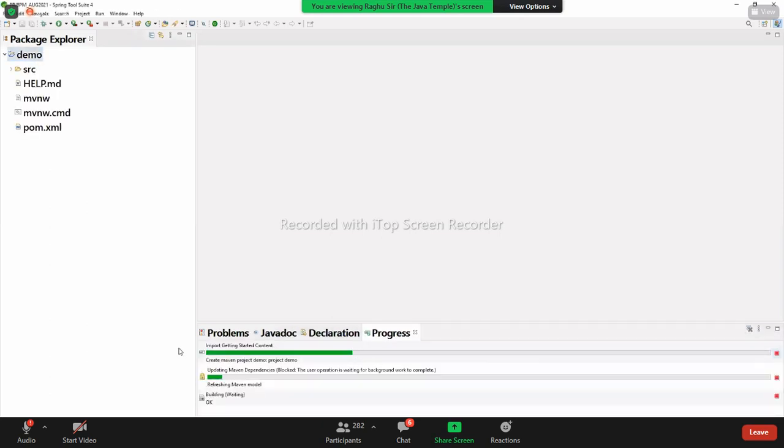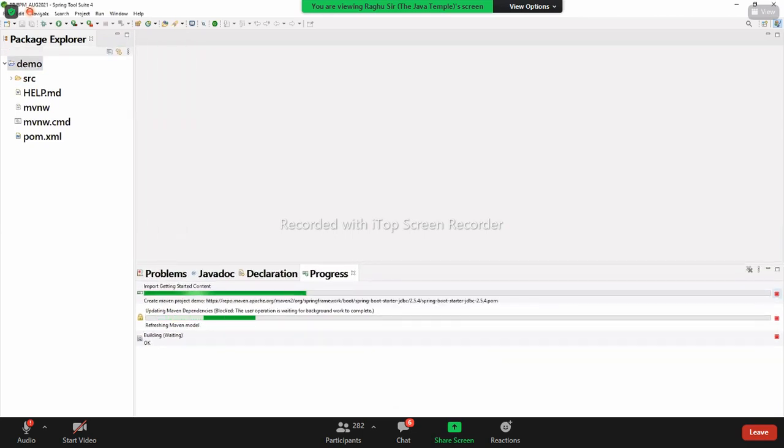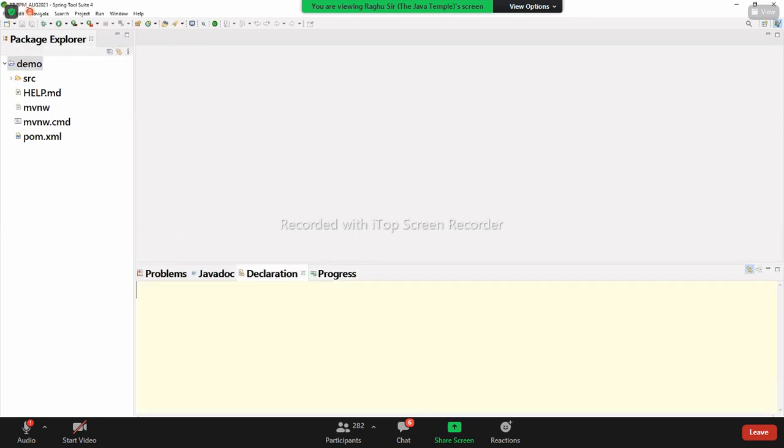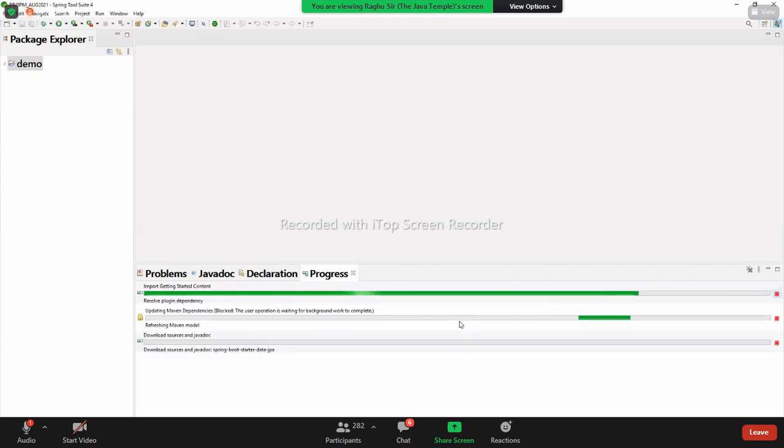In the bottom right corner, you will see a progress bar. Wait until this download and installation is completed. If you have super fast internet, like ACT and all, it will mostly be completed in 5 minutes. If you're using normal mobile internet, it may take some time, mostly 15 minutes. And do it at night time.